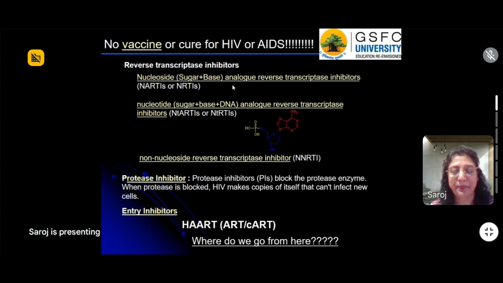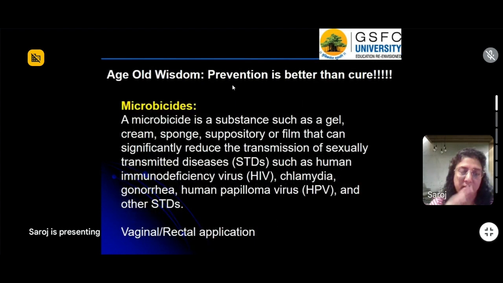However, we are also going to tackle another scenario, and that scenario is, what if we do not even get an HIV infection? What if we can have a preventive measure? We know that once it is inside our body, we can't get rid of it. So, can we do something where we are protected against the HIV infection? And that is where, of course, we have another category of microbicides.